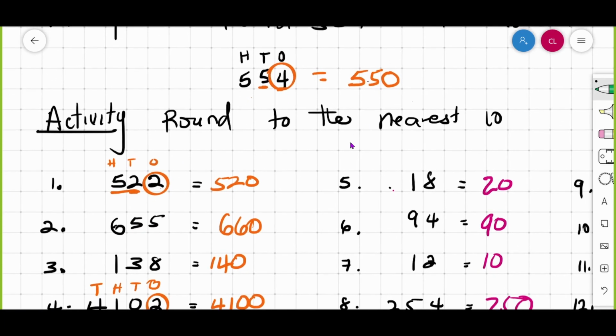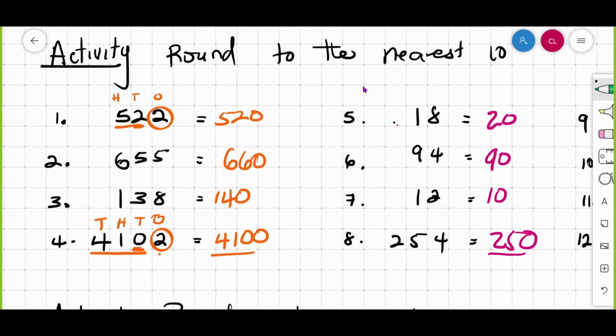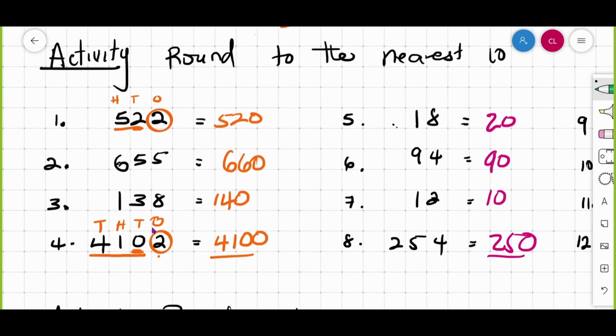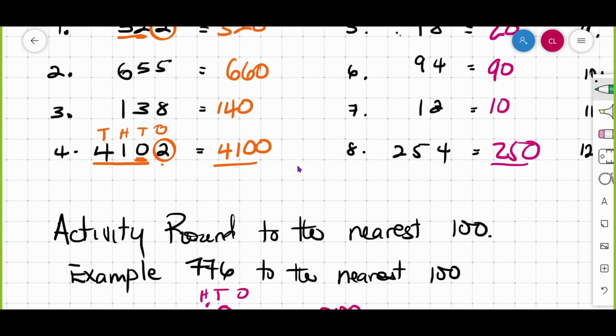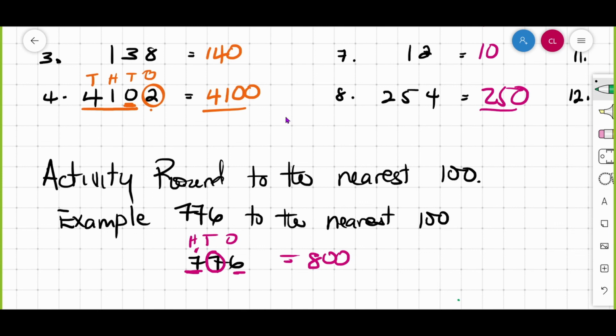Understood? So let's quickly go through the first 4 on this side. We're rounding here to the nearest 10. 522 rounded to the nearest 10 becomes 520. 655 rounded to the nearest 10 becomes 660. 138 rounded to the nearest 10 becomes